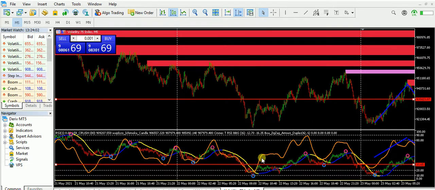Now you take in your trade. You see, from this point it goes back to this point before it comes back to this point, and still it was in our oversold zone, but our confirmation, that is the third confirmation, that is this point, didn't show here back again. But since it has shown here and it is still in our oversold